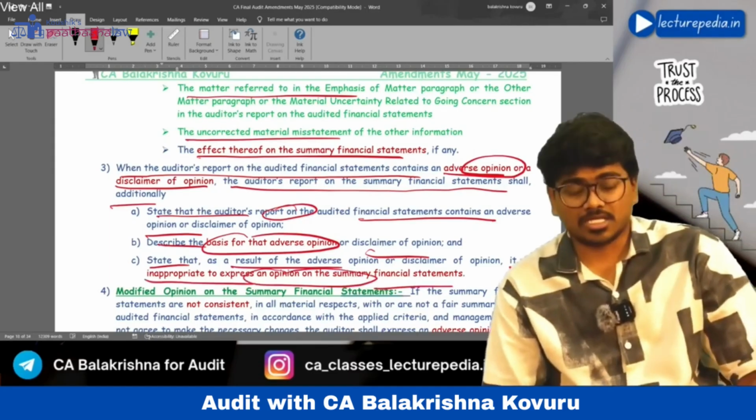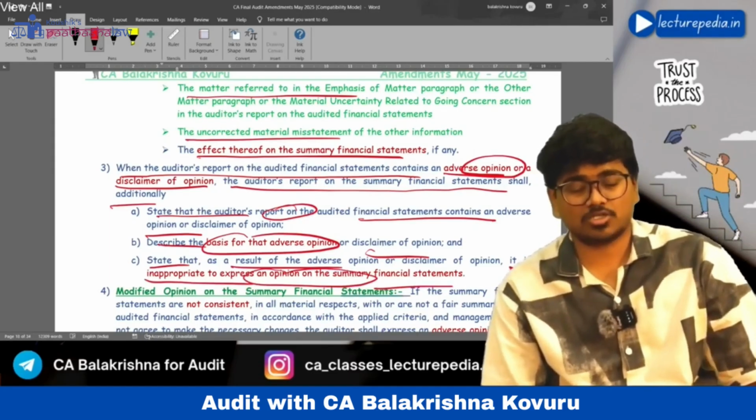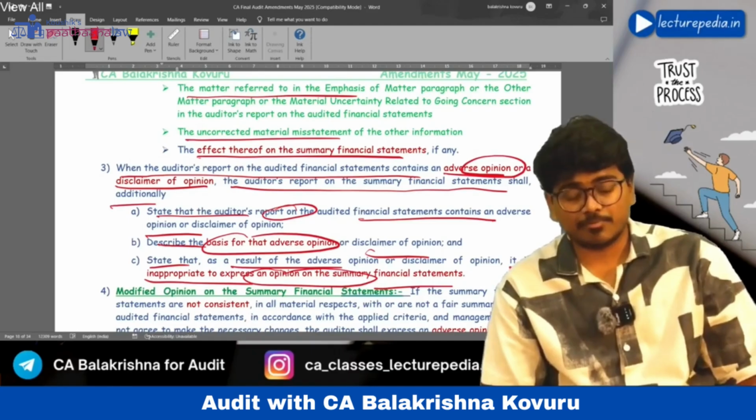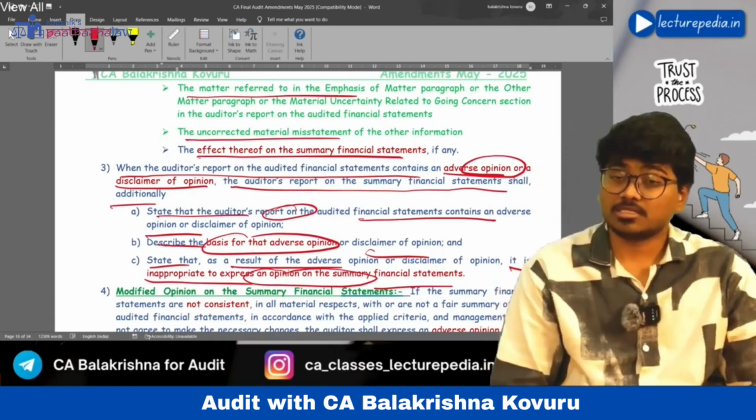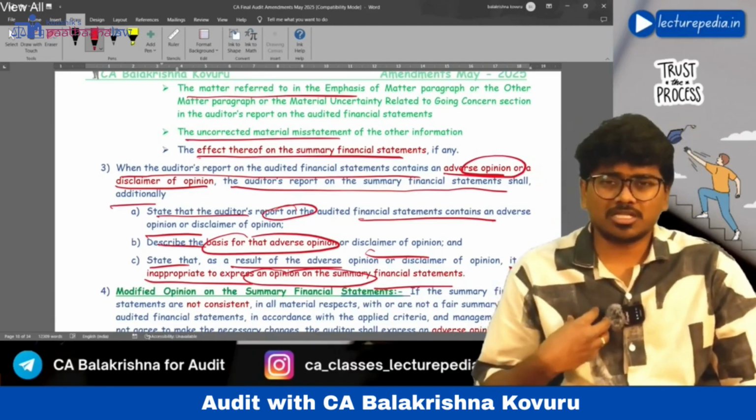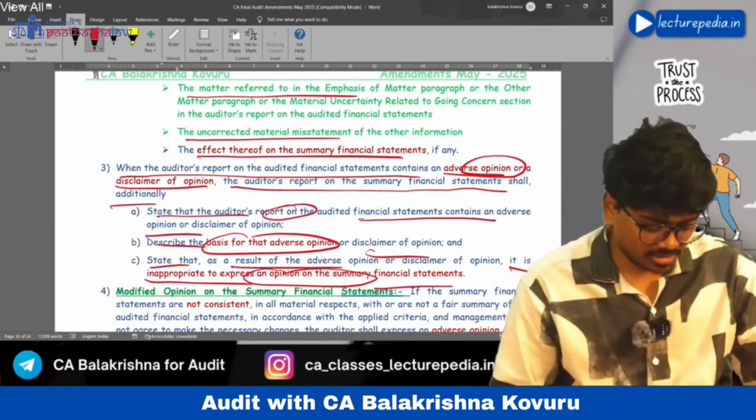That means whenever in the audit report on a complete set of financial statements there is an adverse or disclaimer of opinion, the auditor should not give an opinion on the summary financial statements.